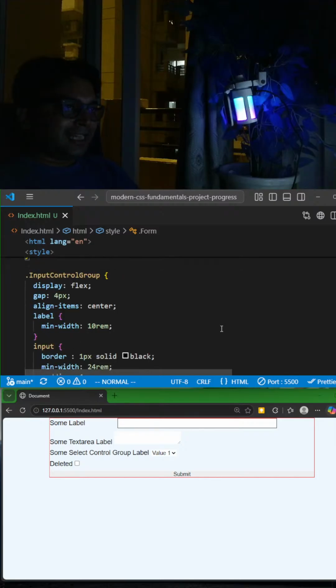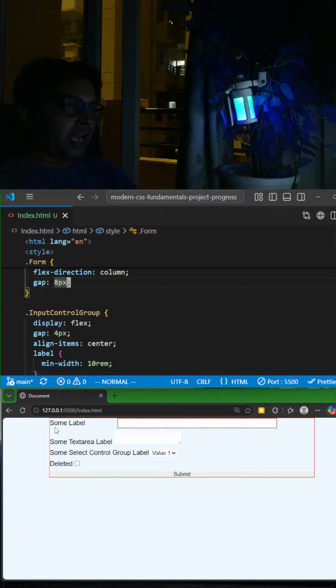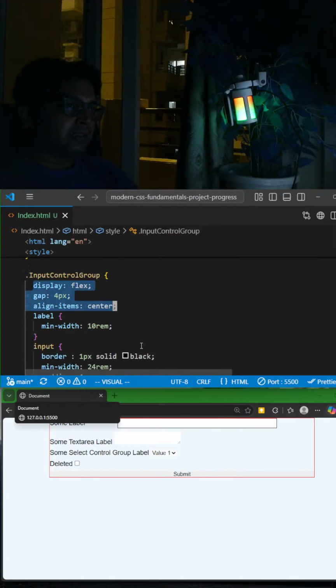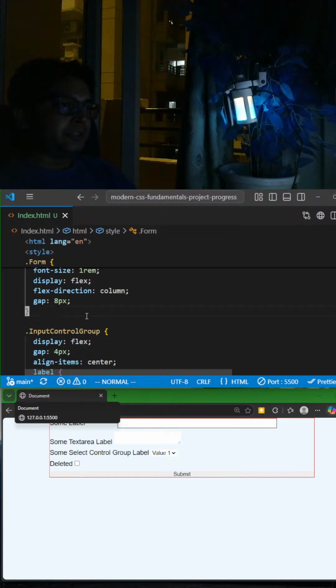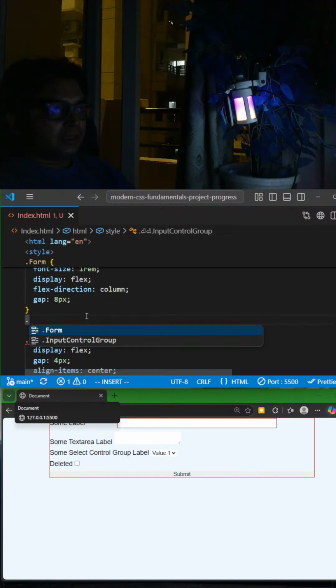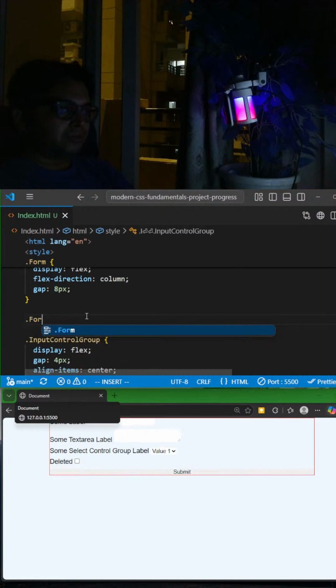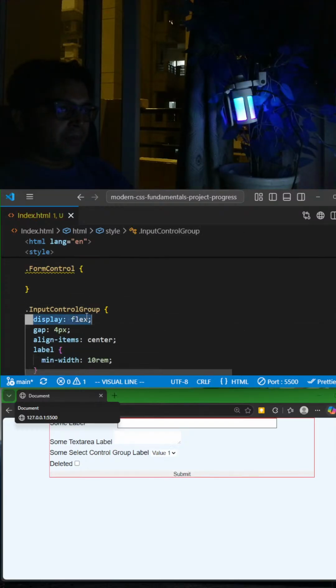So if you see some pattern is getting repeated here, because I am going to have to copy this part and gaps and center and width of this label multiple times, what I'm going to do is create a new class, form control, right? I'll copy this,